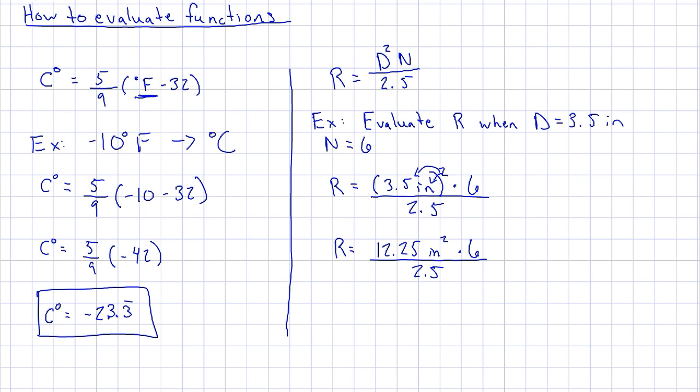And then at this point, I'm doing my multiplication and my division. That can actually be done in any order. They are equal in importance in my order of operations. But I'll go ahead and multiply by 6 first. So I have R equals, I'll have the 12.25 times 6 is 73.5. I'm going to keep my units there, my inches squared divided by 2.5. And I'm running out of space a little bit here, so I'll do my final calculation. I divide by 2.5 and I get about